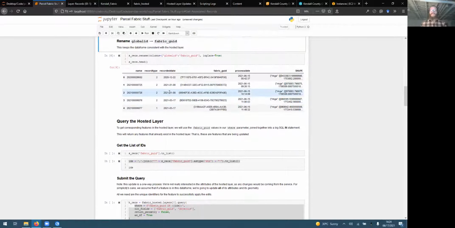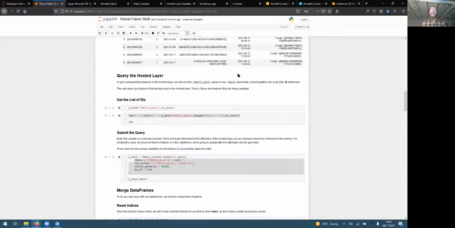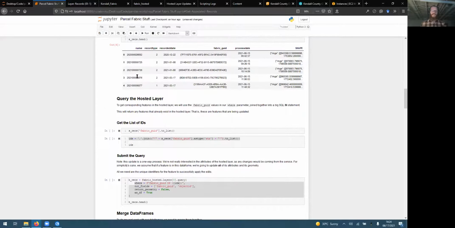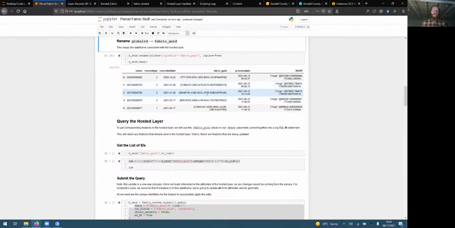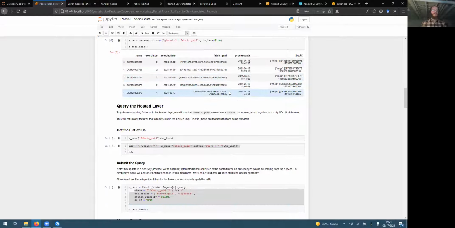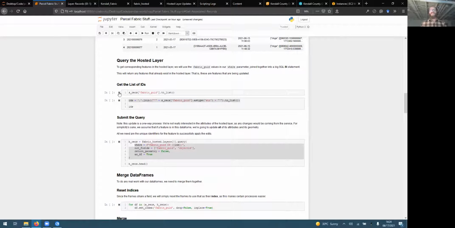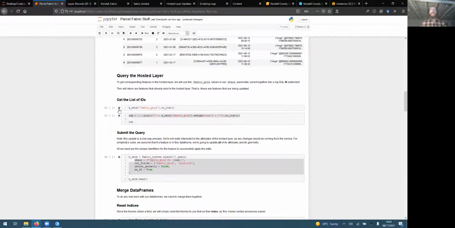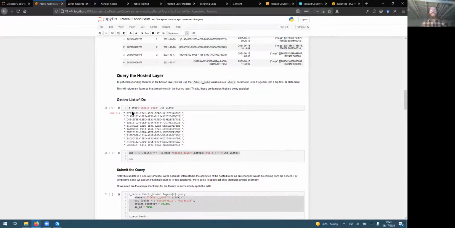So that's all I need from the fabric. These are the attributes that I'm going to bring over to the hosted side. Then I take the hosted layer, because some of these, edited doesn't mean new. It could be new, but it might just be an update. So what I do then is I take a list of,